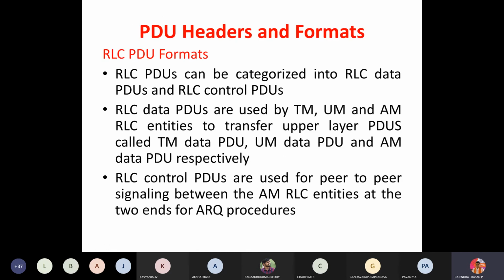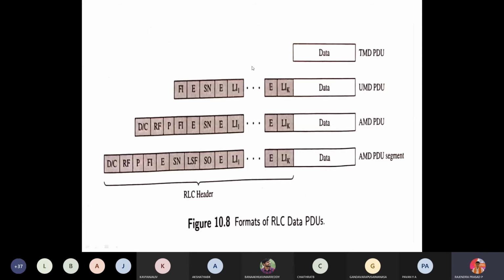Next comes the PDU, physical data unit, header and its format. So what are the different formats you have? We have seen transparent mode, UM mode, AM mode, PDU, RLC, acknowledgement mode, HARQ. For all these you require some header values, and we are going to add those header values to your data. We are not going to do the network device physical layer, it will do that. I'll just show you the format. So you can see here this is the data.